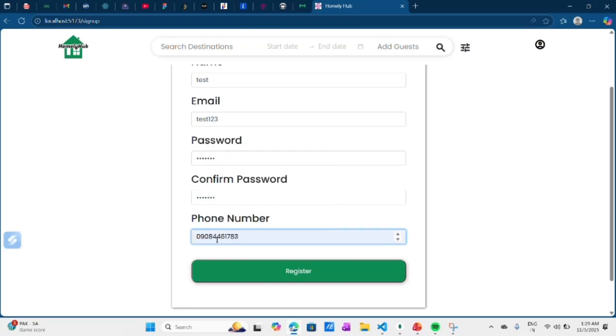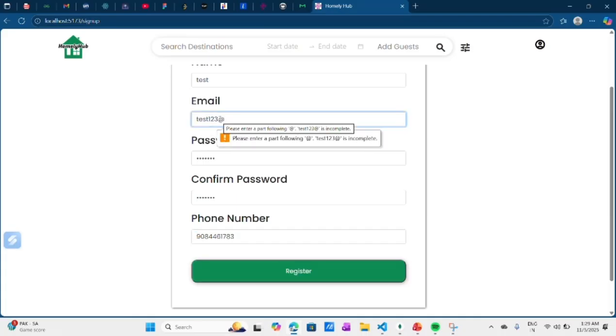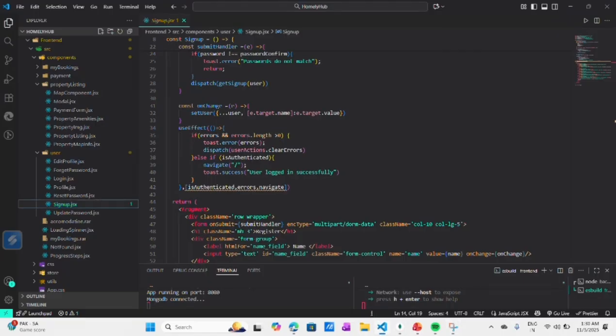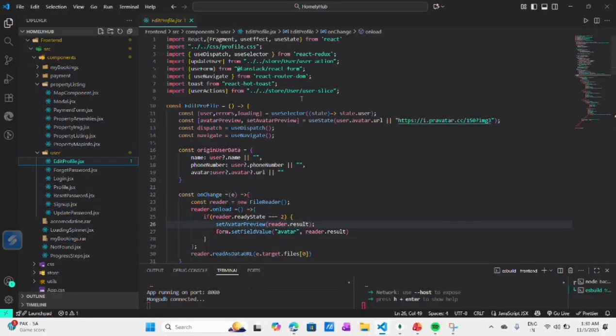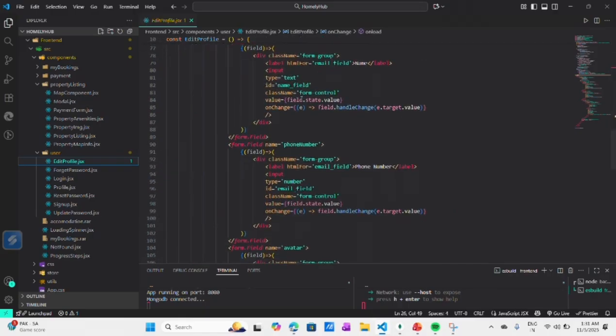It loads current user info from Redux or the backend and allows editing details like name, email, profile picture, etc. On submit, it sends the updated info to the backend. It may show a success message once updated. EditProfile.jsx is a user settings management page.